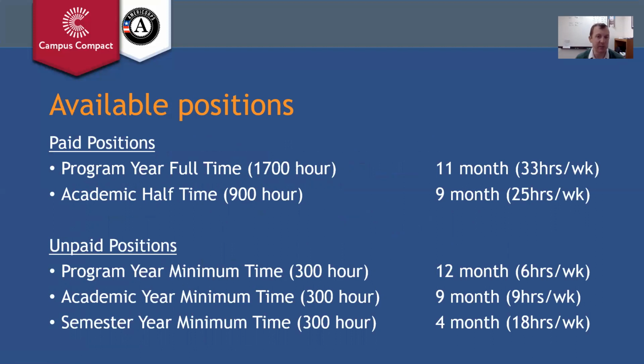They have to serve a minimum of 1,700 hours over the course of 11 months. We have academic half-time positions that serve 900 hours. That's the minimum number of hours, so they can certainly exceed that. And they have to serve that over the course of 9 months. And those both are paid positions, and I'll talk about benefits, what the actual pay and other benefits are here